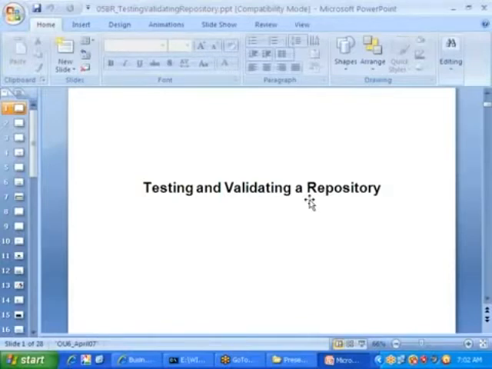Does each and every logical column have a mapping with a physical column or not? Does each and every dimension table have a key column or not? Is each and every table in the BMM layer joined or not? Does each and every business model contain more than one table or not? Does each and every business model have a corresponding subject area or not? These are the things done by the global consistency check.